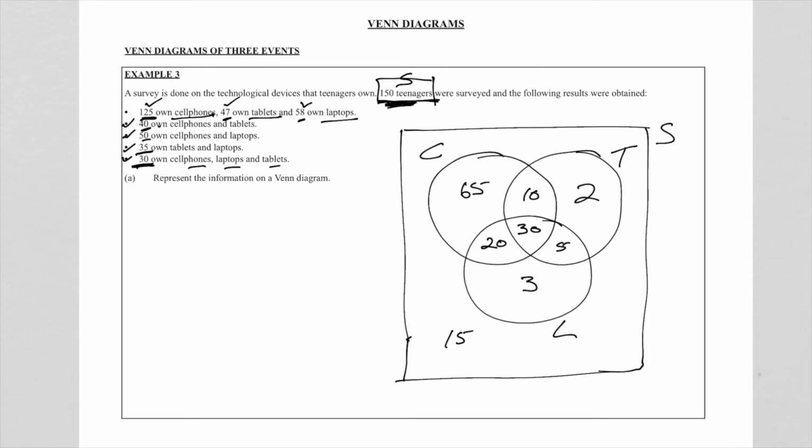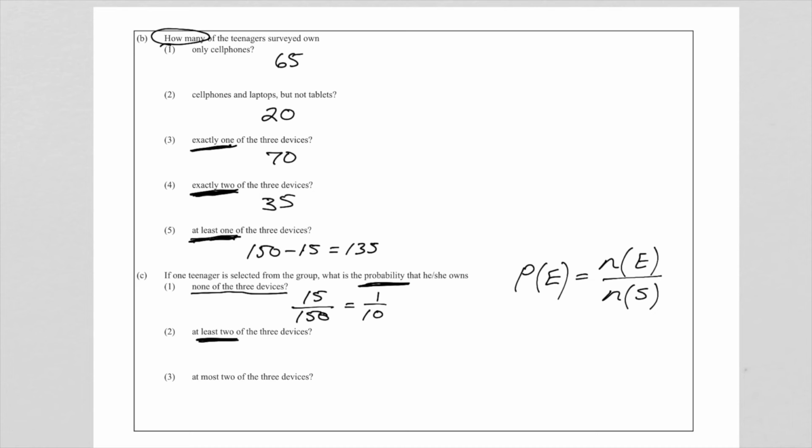Now, I hope you agree now that this 10 owns 2 devices, 20 2 devices, 5 2 devices, 30 own 3 devices. Remember the question said a minimum of 2 devices. So that means we must add these numbers. The 10 plus the 30 is 40, and that is 60, and plus the 5 will give us the 65 we are looking for. So if we write that down, then what we have is the 65 over